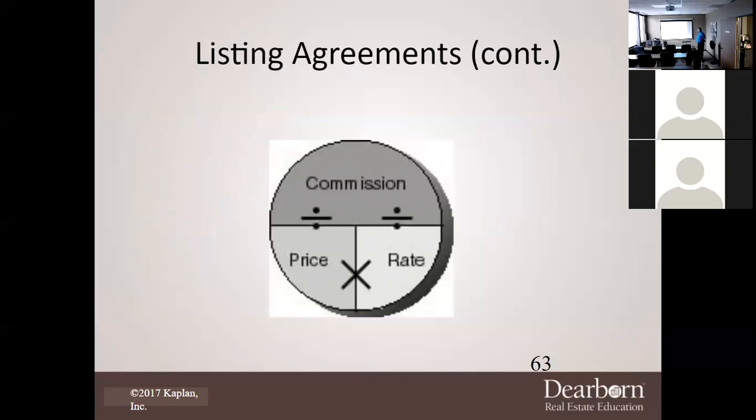Now, again, of course, this is what everybody's worried about right here, the commission. What happens is you have to be aware of how we are going to work out the commission, the price, and the rate. All of these need to be taken into play. If you're weak in math, this is that area that makes it difficult. So say, Travis, I come out to you and I say, I want to sell your property, and you want to list it 100,000 higher than what the CMA is.